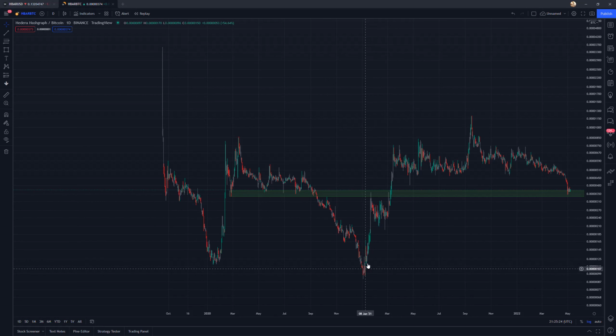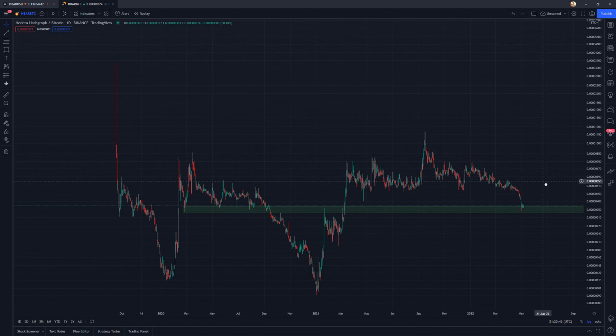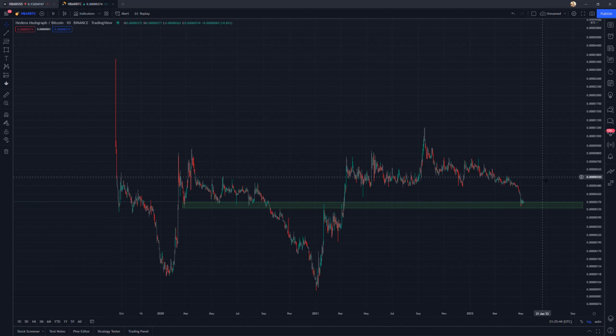And then, as you can see, when we bounced back up, this was where we rejected and kind of consolidated for a bit. And then leading above it, that was a very bullish sign. And it ultimately led to a new all-time high. So since then, we've come back down and we're holding this region as of right now. I would expect some sort of bounce off of this level, and I would say, well, this is going to entail that Hbar might outperform Bitcoin.